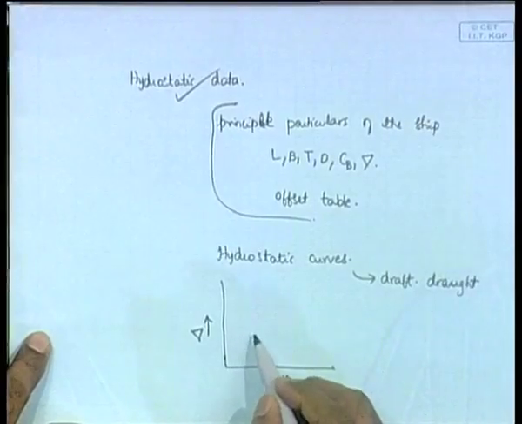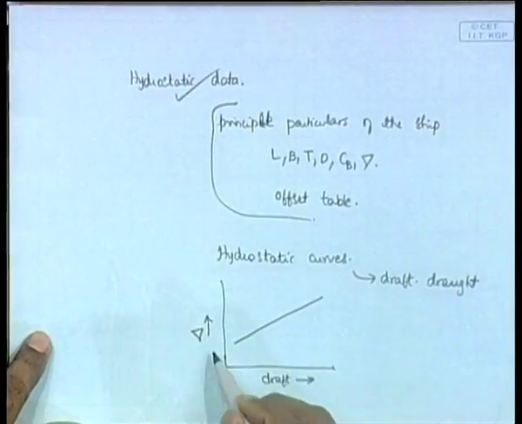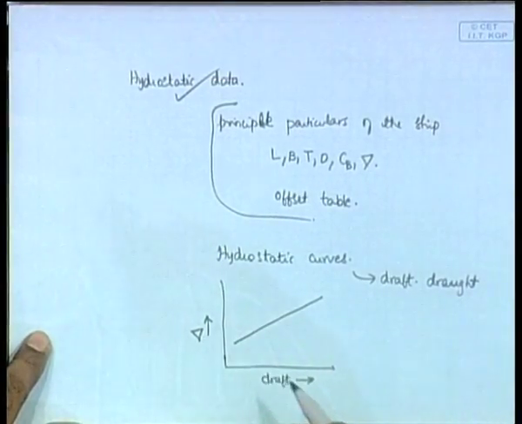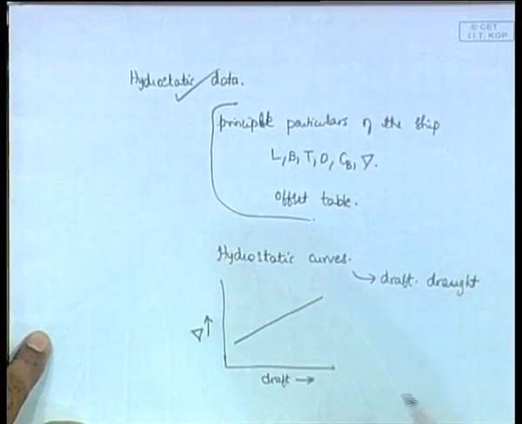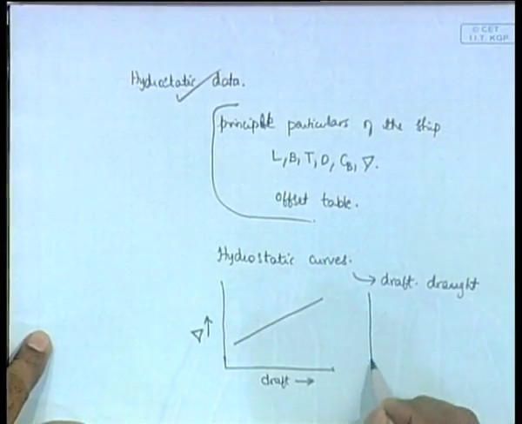Now, like this you have some curve, and as draft increases, del should increase. So, let us say some curve you have. This is one of the hydrostatic curves. Now, we will develop actually 4 or 5 types of curves, but in general, the more common one is like this,